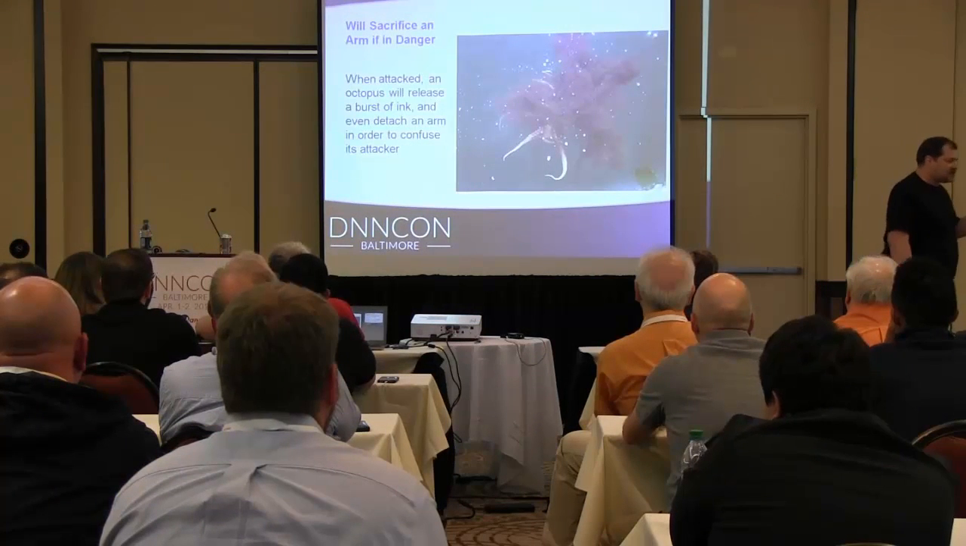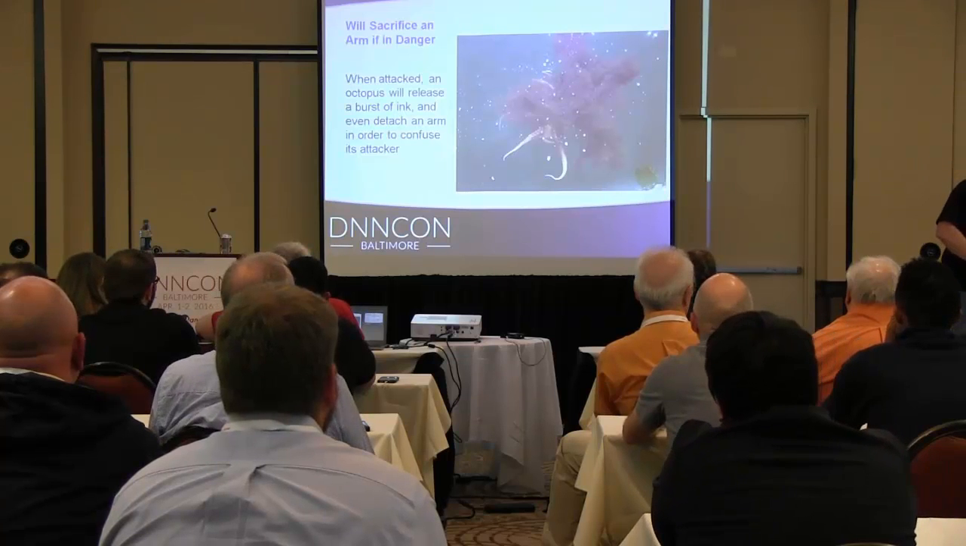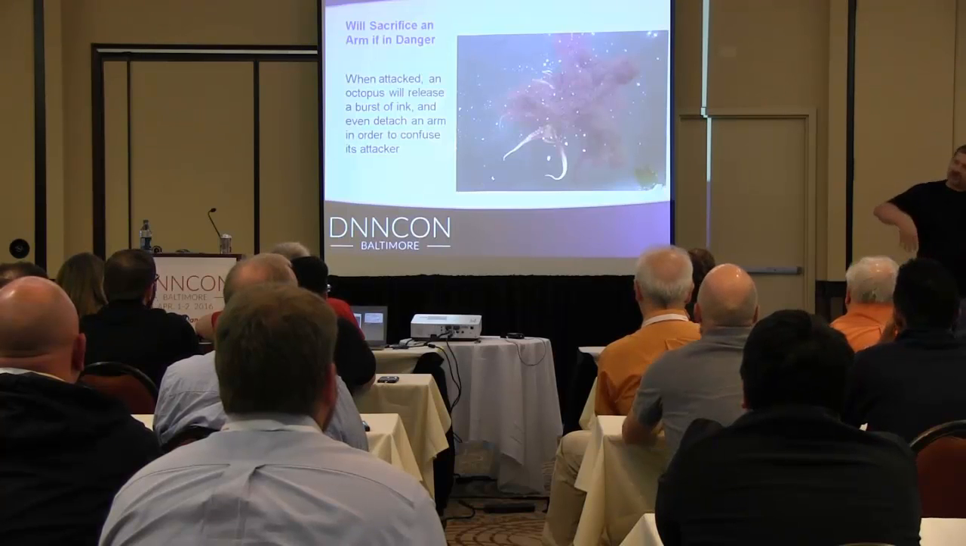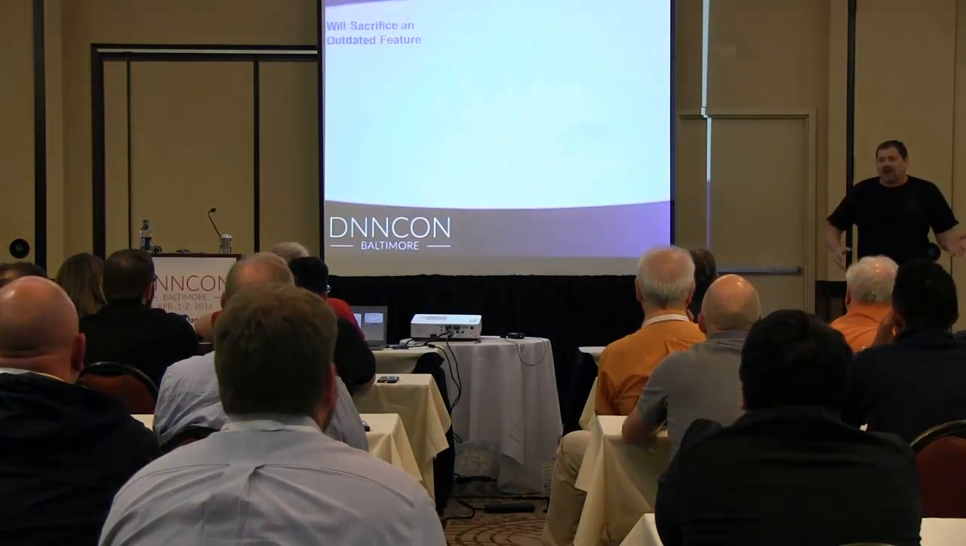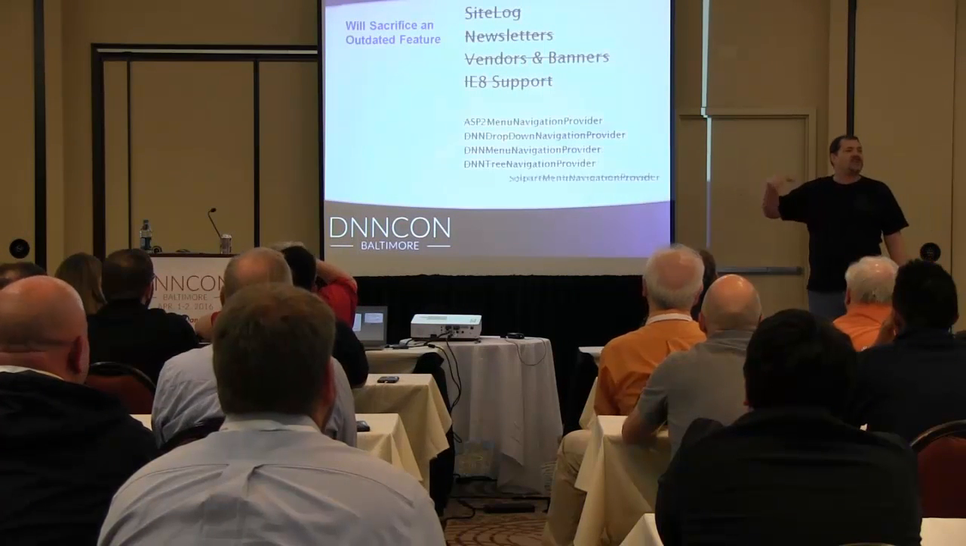Now, octopodes will, if they're in danger, if the situation demands, actually voluntarily sacrifice an arm to escape a predator. They'll shoot out a burst of ink and swim away. Well, DNN sometimes does the same sort of thing. Sometimes there are